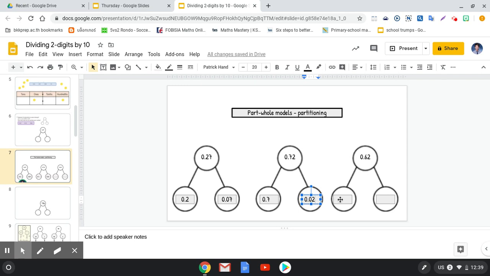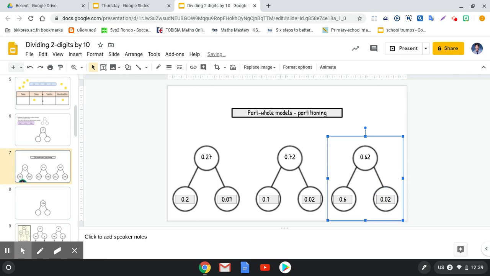And finally, I can see that on 0.62, there are 6 tenths. So I can write that as 0.6. And there are 2 hundredths. So I can write that as 0.02. Now with this last one, I'm going to get a little bit clever. I'm going to play around with my place value knowledge, because I know that 0.5